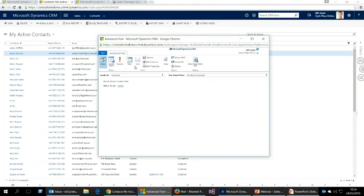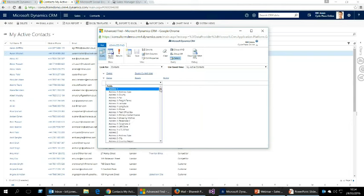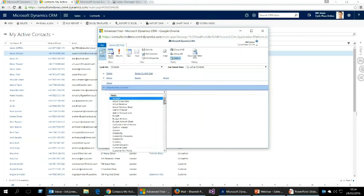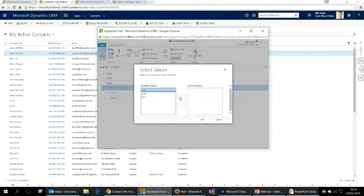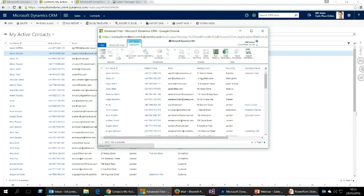So what I might want to say is build on top of, so we can see we've already got contacts that are the owner, the account manager is me, the current user, but I might also want to say build on top of that, and you can see I've got all the fields on the contact that I could search for, or even the related records. So I might want to say, or have an opportunity where the contact for that opportunity is this contact, and the status of that opportunity is currently open, and I can hit the results, and it's going to show me. So out of my 314 total, I've got 145 customers that have got a current open opportunity for me, and